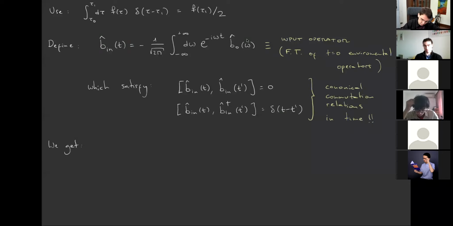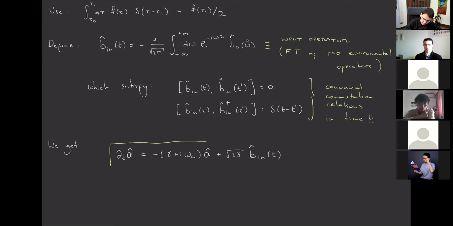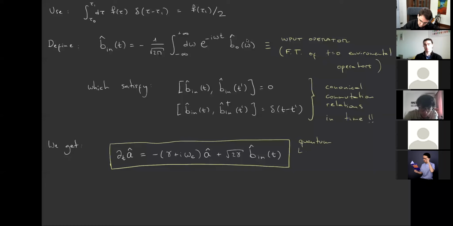to write the evolution equation for the time derivative of A. We can write it in the following way: minus gamma plus i omega_c, times A, plus square root of 2 gamma times B_in at time t. Okay? So this simple equation is what we call the quantum Langevin